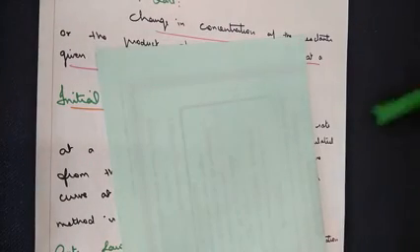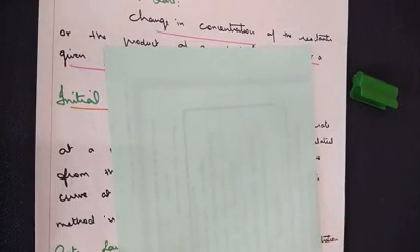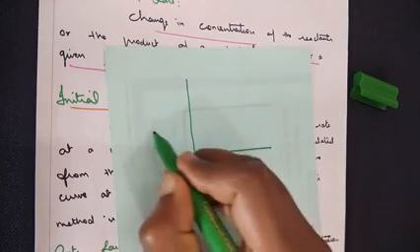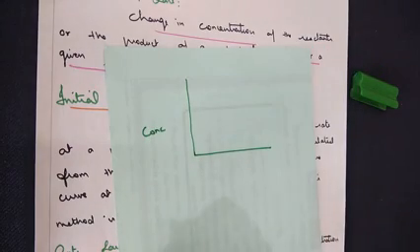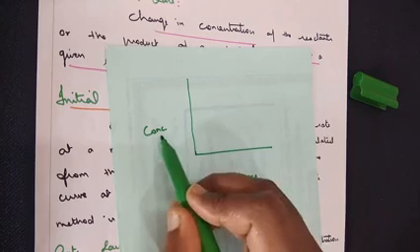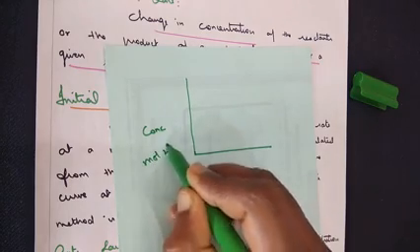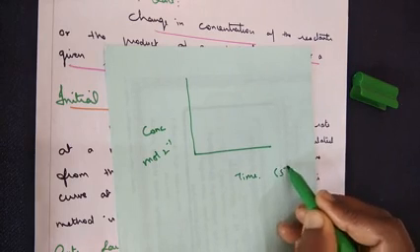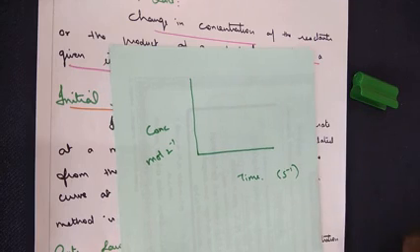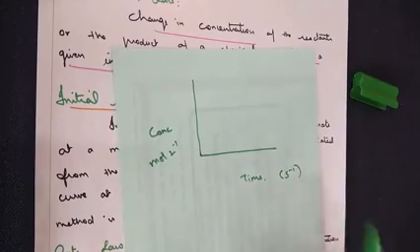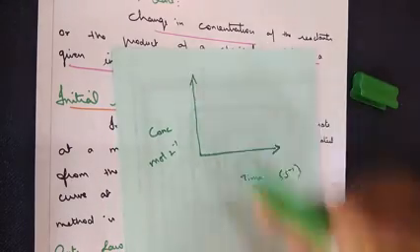As we have seen, rate is calculated making use of two types of parameters. One is concentration, the other one is time. So concentration we take on the y-axis, time we take on the x-axis. What was the unit in the definition page we saw? Unit of concentration is moles per liter. Time unit will be seconds or minute inverse, depending on whatever time parameter we are considering. So this is the x-axis and this is the y-axis.